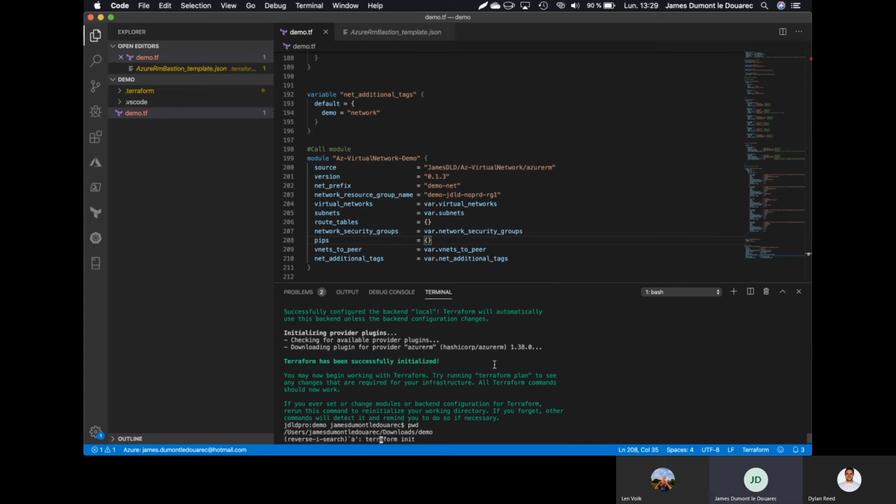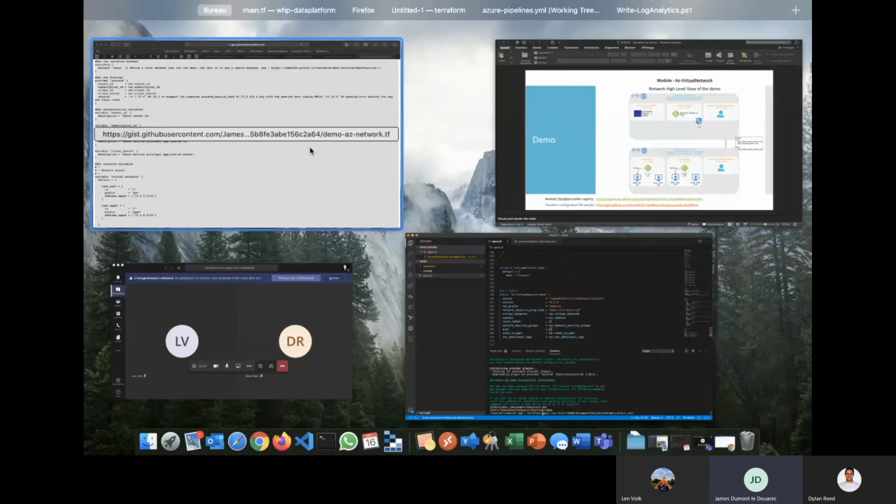We will execute the terraform apply command. Here I'm giving to terraform apply a secret JSON file that contains my service principal account. My service principal account is allowed to write resources on my Azure subscription.